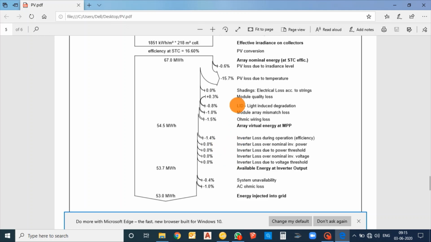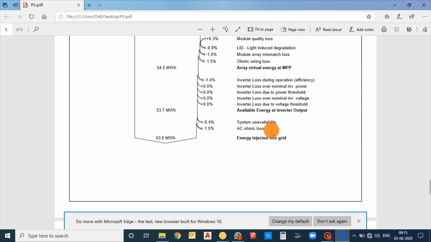For example, you can see light induced degradation LID is 0.8% and mismatching losses is 1%. This mismatch loss is taken as default from the manufacturer of the modules. The manufacturer of the modules will be providing the mismatch losses and the light induced degradation. We will be taking it as a default from the manufacturers.